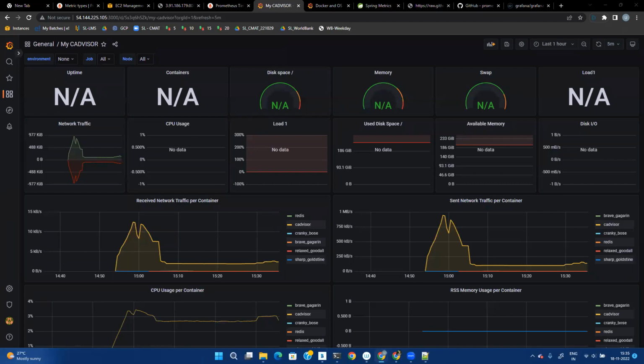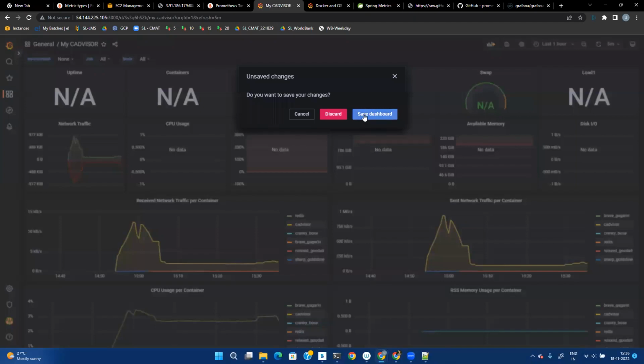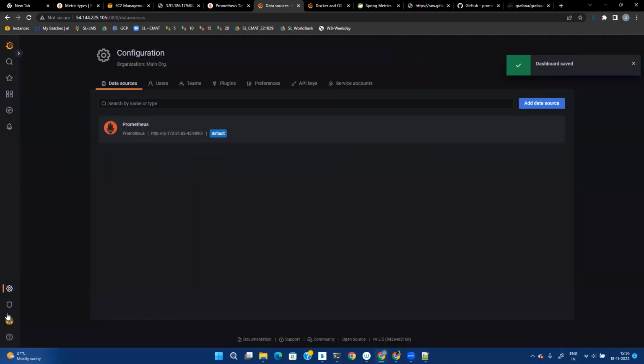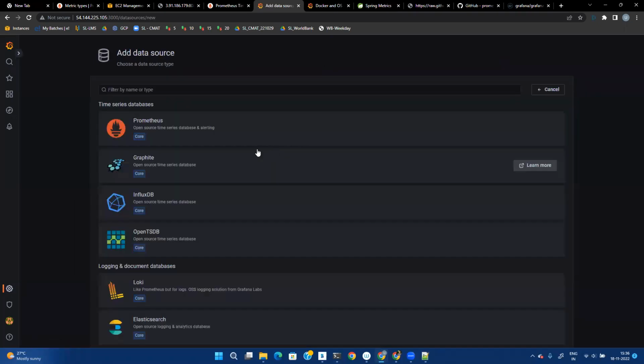How Grafana is connected to Prometheus, I showed this already. You can go to settings and go to configuration, or you can go to data sources here also. And I said, let's save this dashboard. If you go here and go to configurations, you will get this configuration page, and you can add data sources. So I added Prometheus. You can click on add data source and then choose Prometheus and provide the